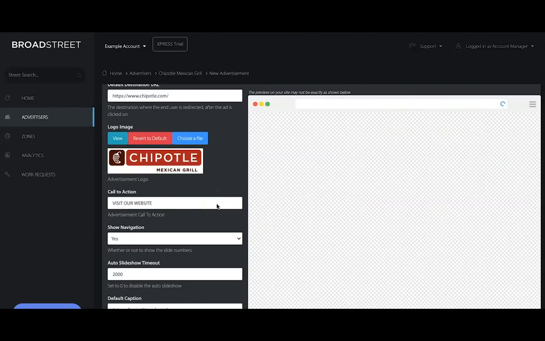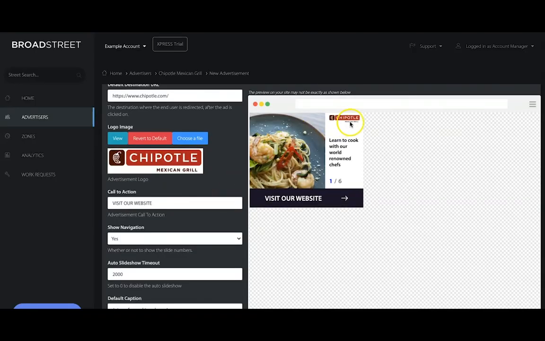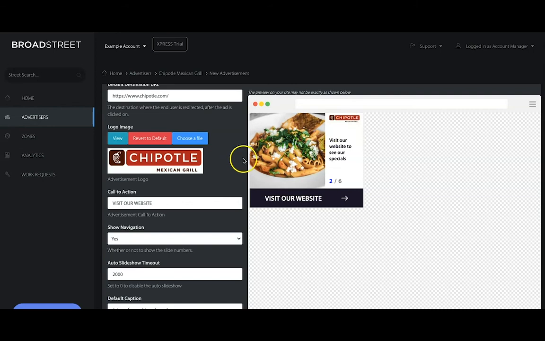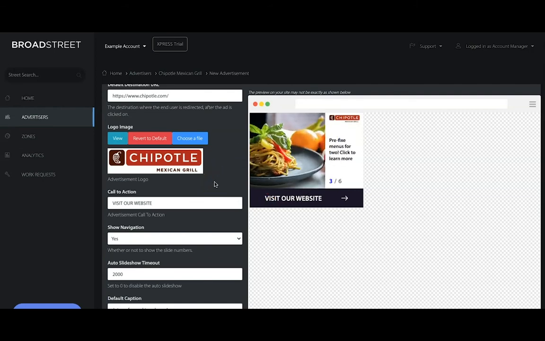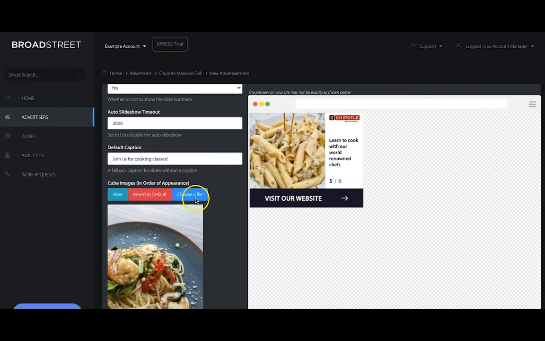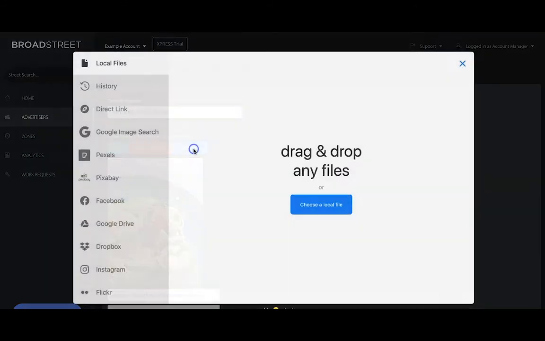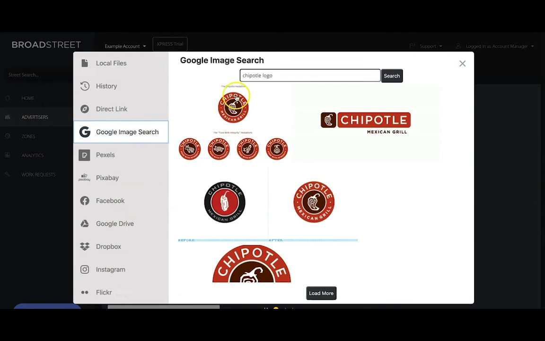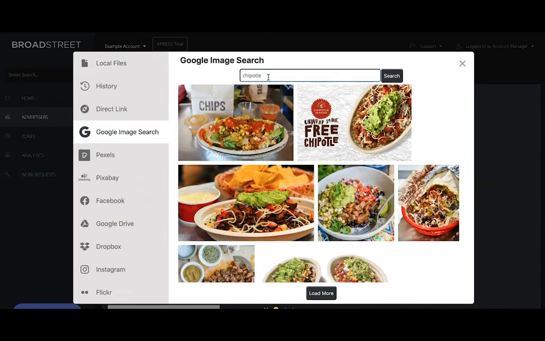So now we should see our Chipotle logo a little bigger. We could also grab that square logo, and we'll see how it appears when we grab that leaderboard version a little bit later. Well, now let's scroll down. I'm not going to go ahead and change the captions just so you don't have to watch me do all of that. But what I can do is now go ahead and say, okay, Chipotle, let's grab some images for